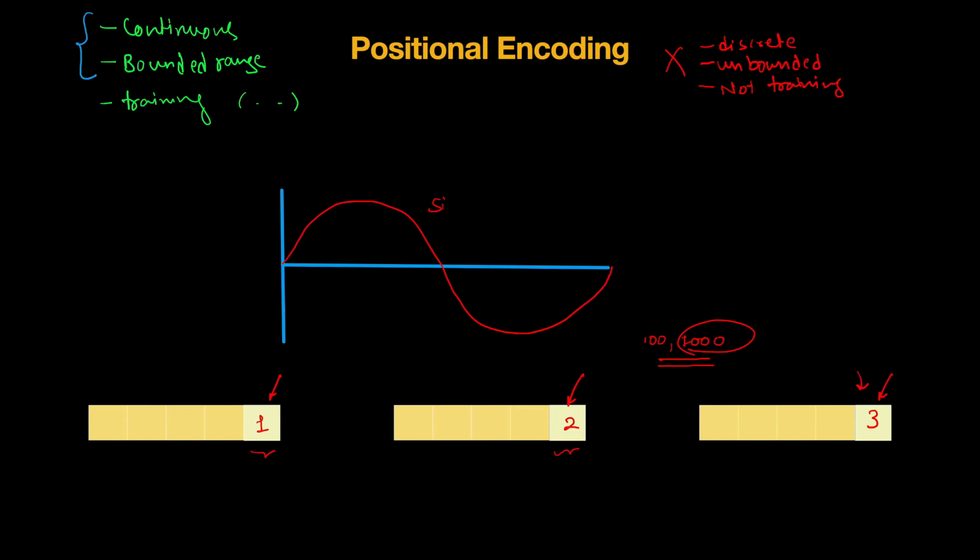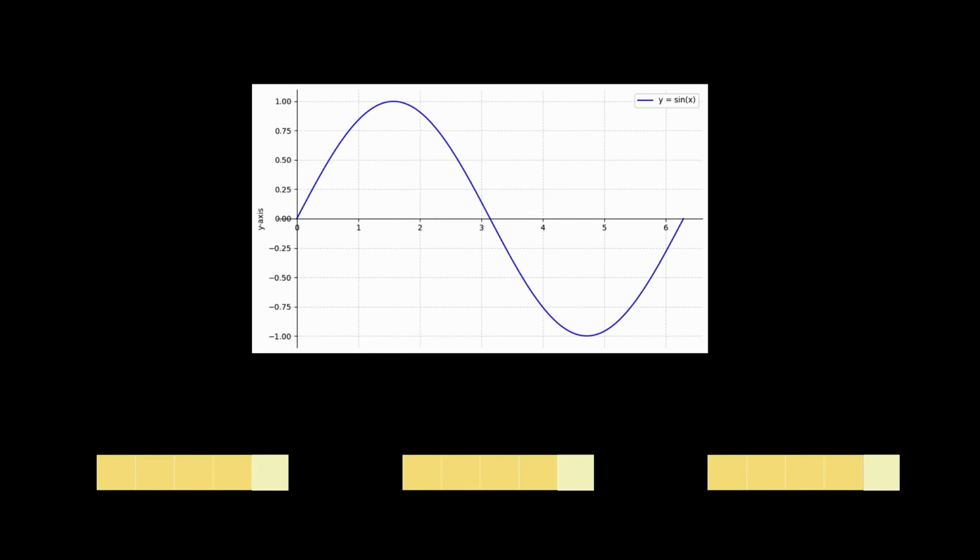What if we use sine function for this? Sine functions are continuous, periodic, and their values lie in a specific range of -1 to 1. And our model will love it. If I can somehow generate unique values for every position in this sentence using this sine function, and somehow ask the model to train itself in such a way that it can capture the positional information from this bit, then